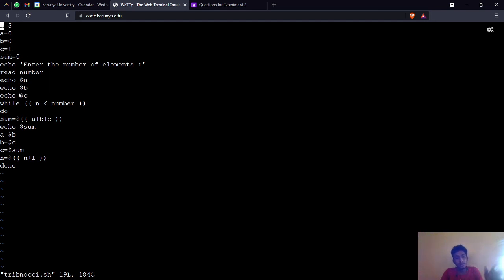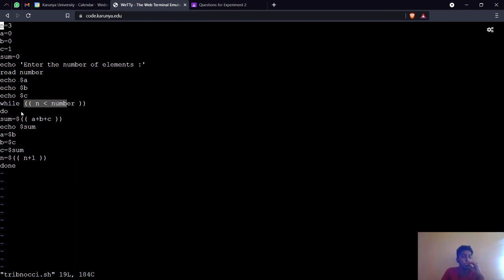After that it will perform the same steps and print up to the number. Here n is incremented by 1. Once n becomes greater than the number, the while condition fails and it comes out of the loop.